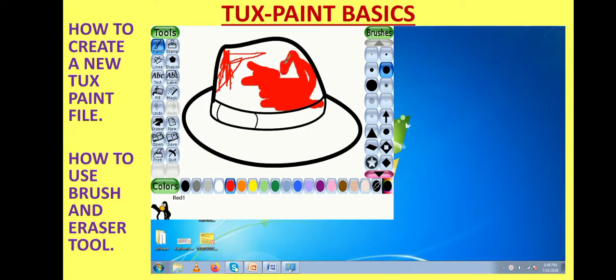For coloring the picture, you have to press and hold the left mouse button, and when you move your mouse, your paintbrush will move on the drawing. But remember here that you keep your left mouse button pressed and then move the mouse. Then only the paintbrush will move on the picture. So this way you can color the whole picture or a part of the picture as you like.